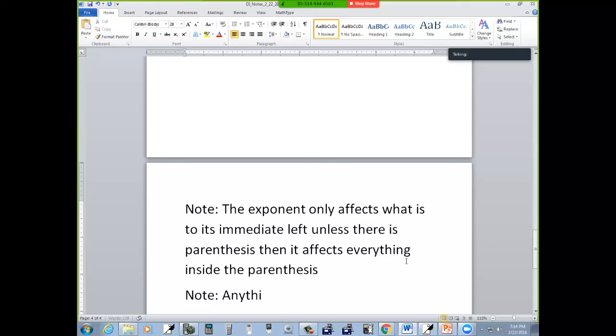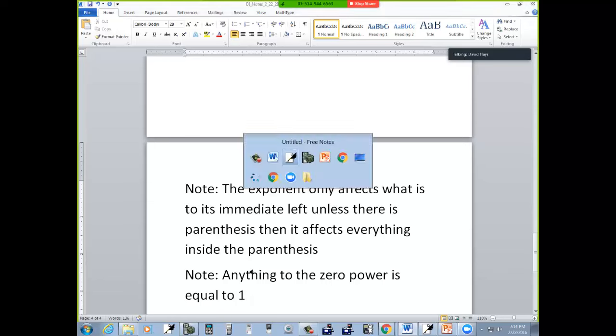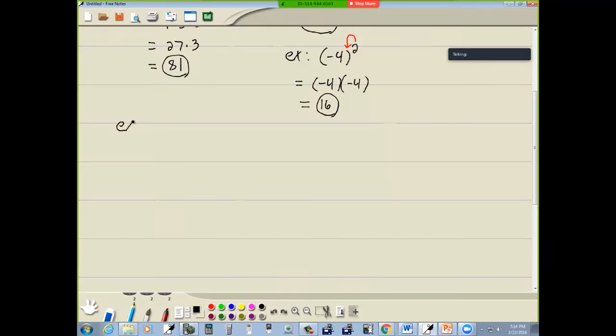Anything to the 0 power is equal to 1. There's a couple oddball cases to that, but pretty much for this class you can consider that to be true. What I mean by that is if you have 5 to the 0 power, for example, that would equal 1. Anything to the 0 power is equal to 1. Now the reason why,